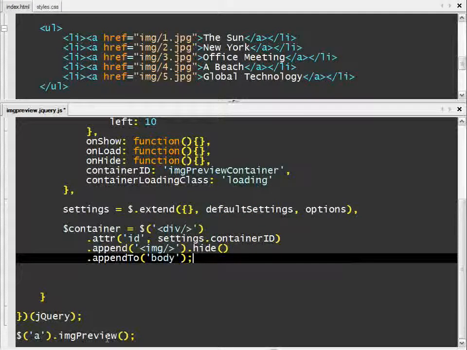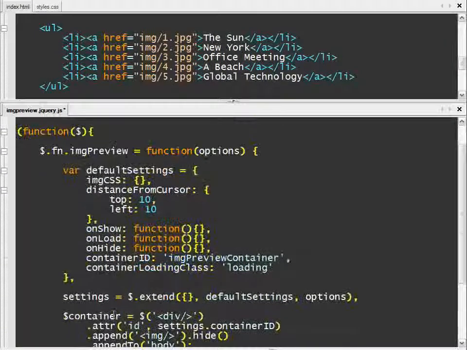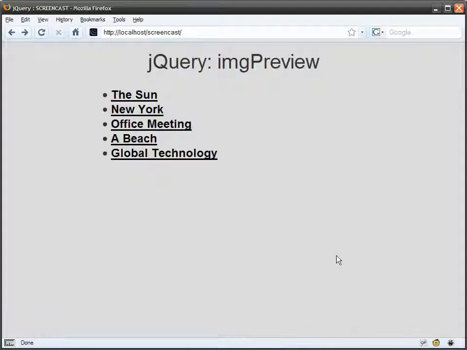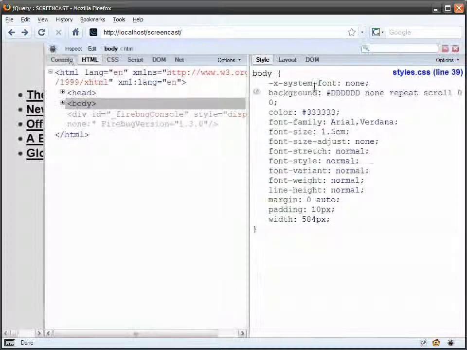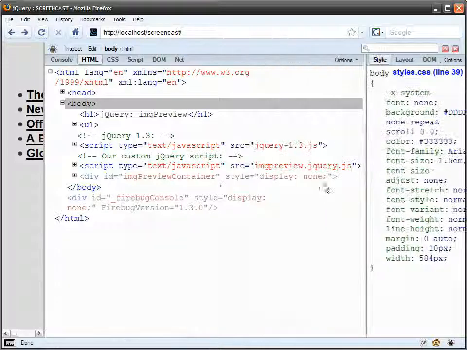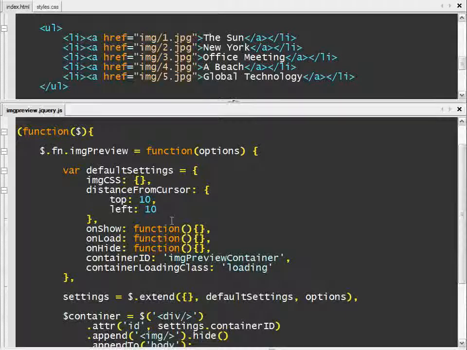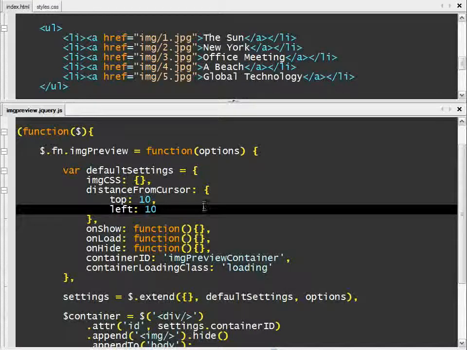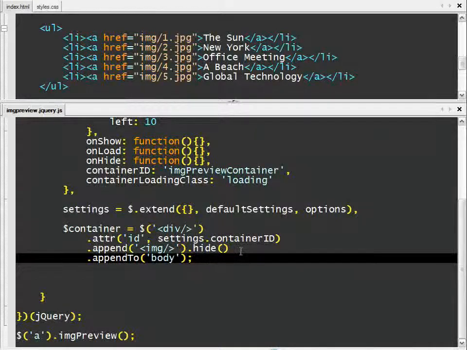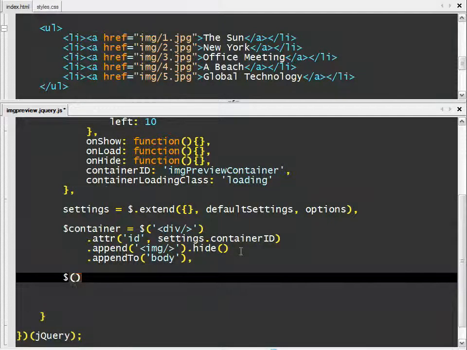So as you can see, we're calling the plugin down here, which we did earlier. And so if we go and look at Firefox, you won't see anything here. But if I go into the DOM, you'll see that a new div has been added to the DOM, image preview container. It's hidden, and it has an image tag within it, exactly as we specified. Right now it's not doing anything because it's hidden and we haven't told it to do anything, but that will happen next. But before that, what we want to do is create a shortcut to the image,